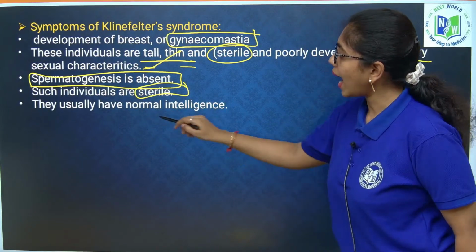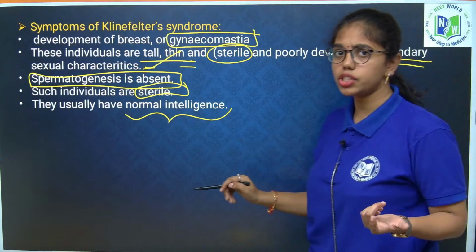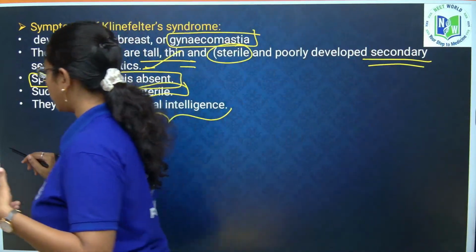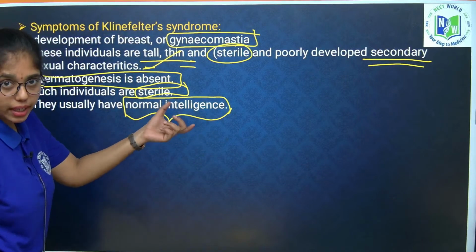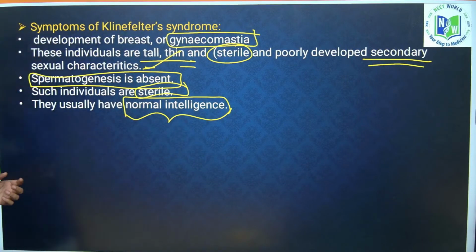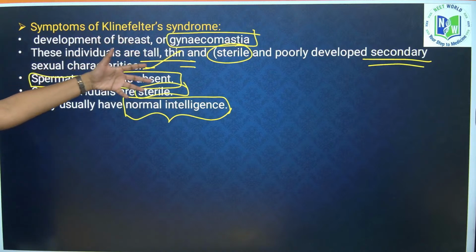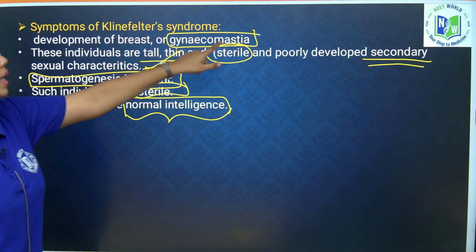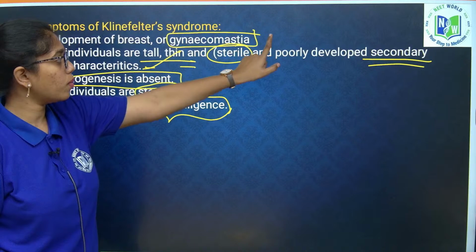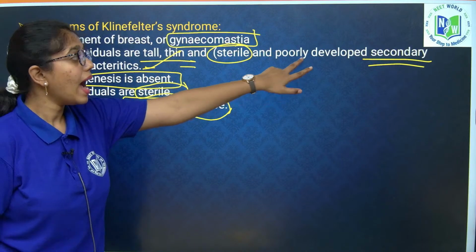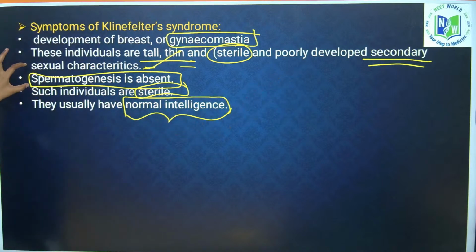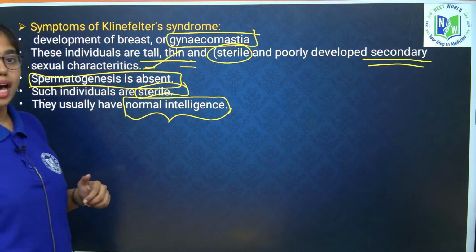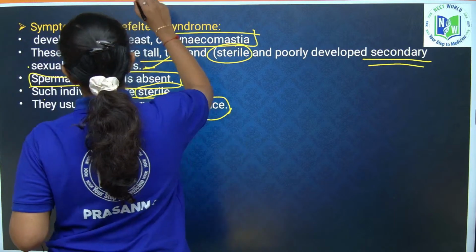They usually have normal intelligence. They don't have mental retardation or abnormal intelligence. Their secondary sexual characters are affected by possessing gynecomastia. Second thing, they are sterile and have poorly developed sexual characters. Lastly, spermatogenesis is absent and such individuals are sterile. Next,